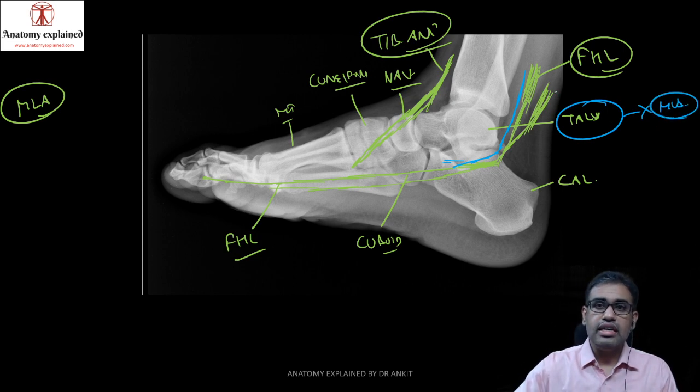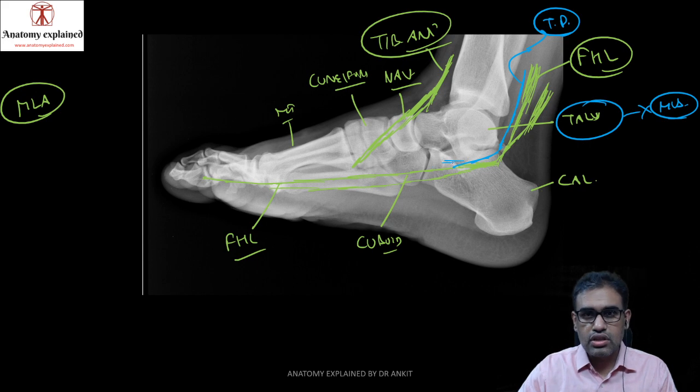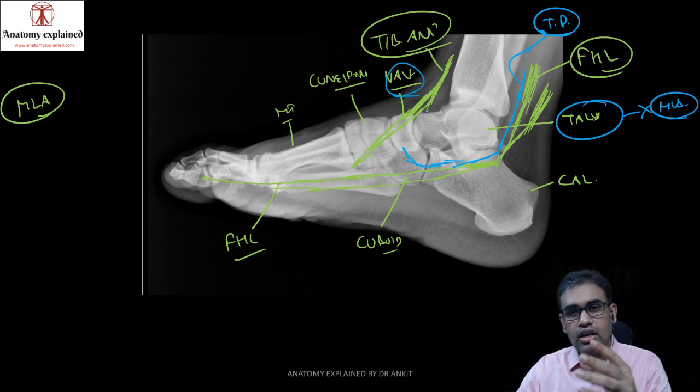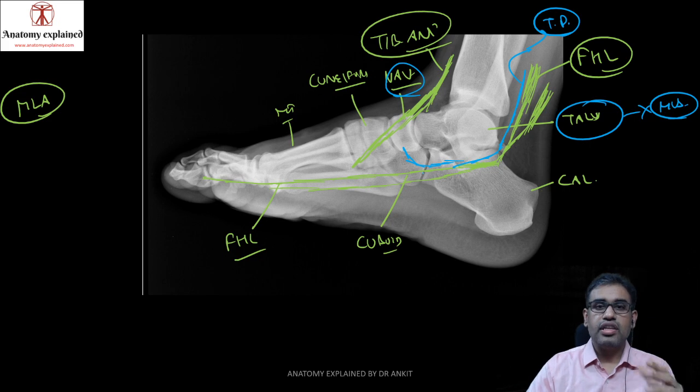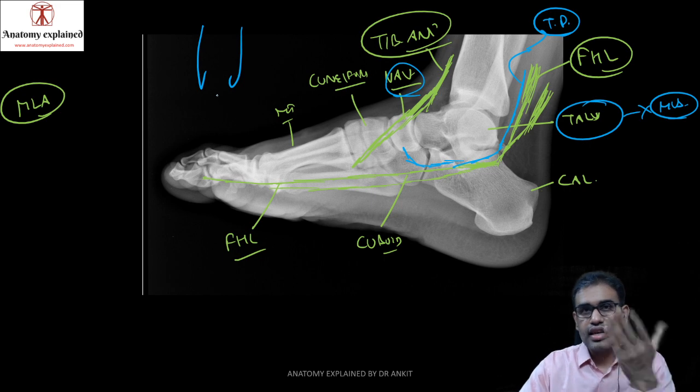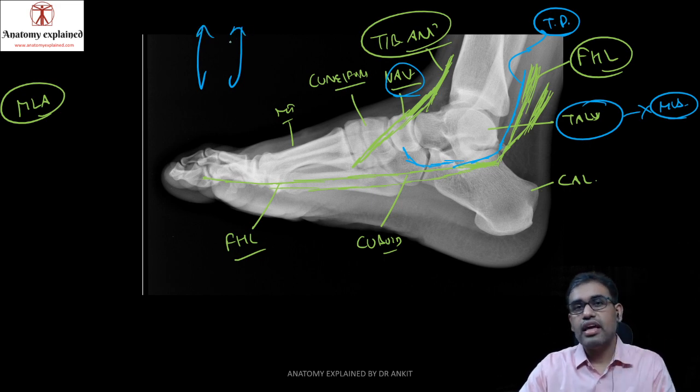Therefore, the tendon of the tibialis posterior, I'm just writing TP, tibialis posterior, goes into the tarsals. It attaches to all the tarsals except the talus, and the main tarsal in which it attaches is your navicular. So it will go like this. Basically, these are the long tendons which are supporting the arches. The tibialis anterior and tibialis posterior, which do not go farther to the distal area, act as suspension bridges, because they support the arches like this and pull the arches up like this.